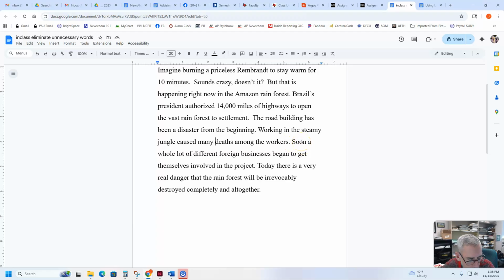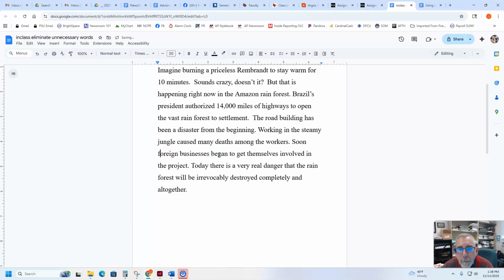Soon, a whole lot of different foreign businesses began to get themselves involved in the project. Wow, that's a bloated sentence. Soon, a whole lot of different businesses. Of course, they were different businesses, right? Soon, foreign businesses began to get themselves involved. No, how about something simple to replace it with? How about foreign businesses joined in the project